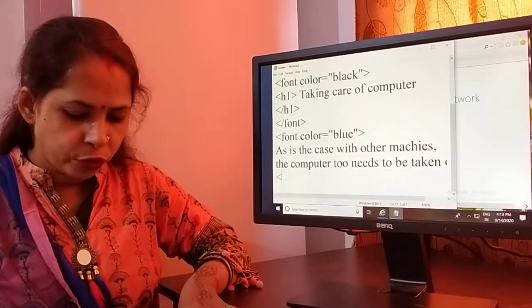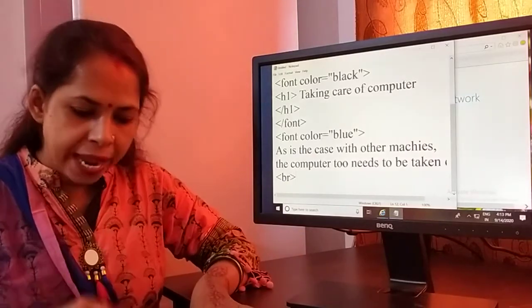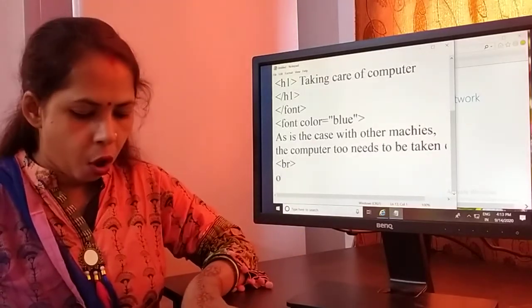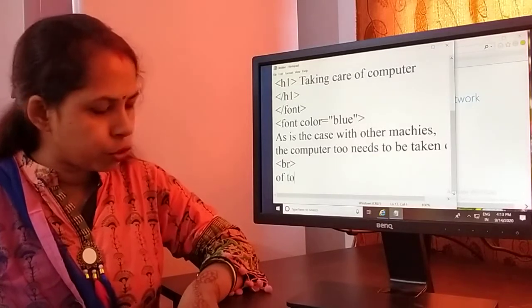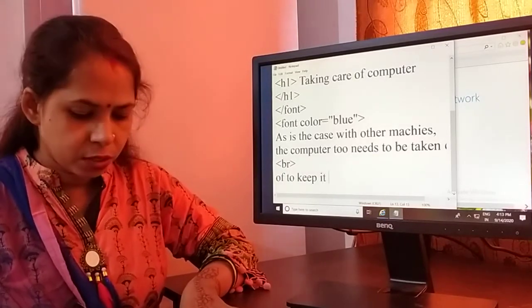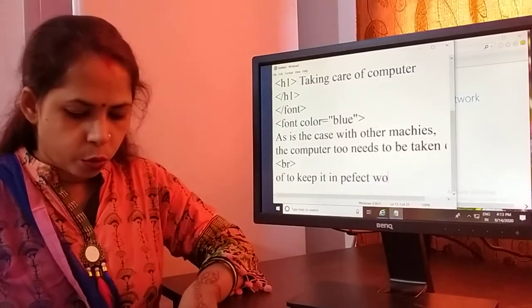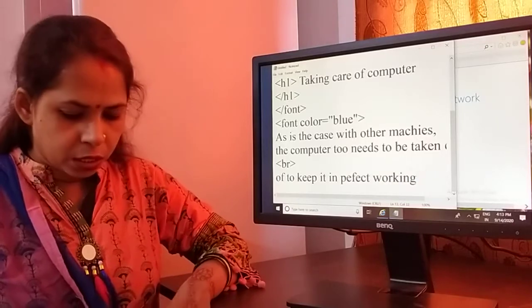After that I take BR for a break line, so my cursor moves to the next line, and I type the next line: "to keep it in perfect working condition."